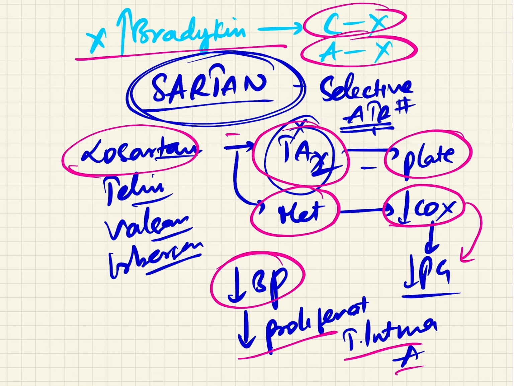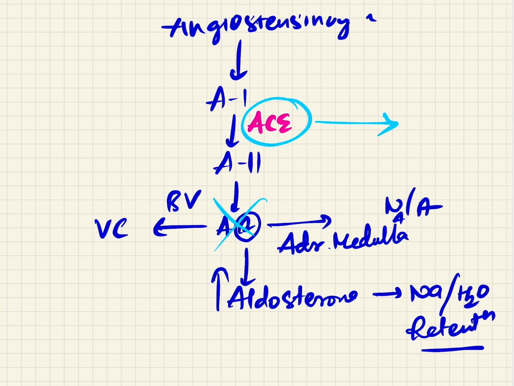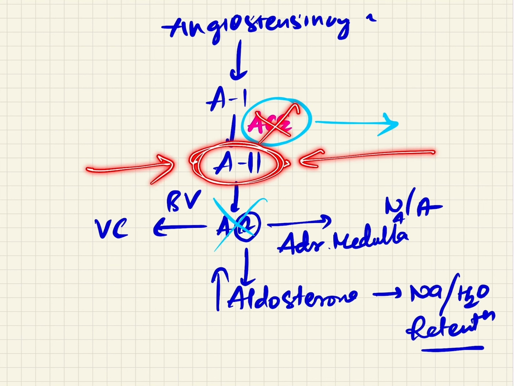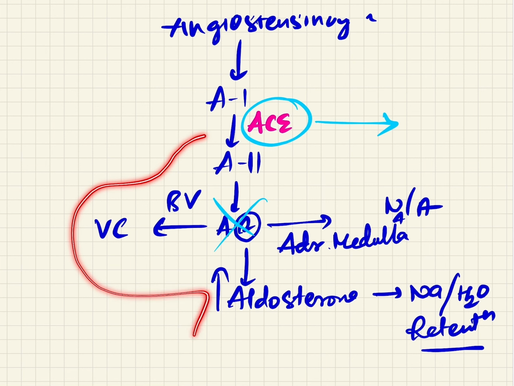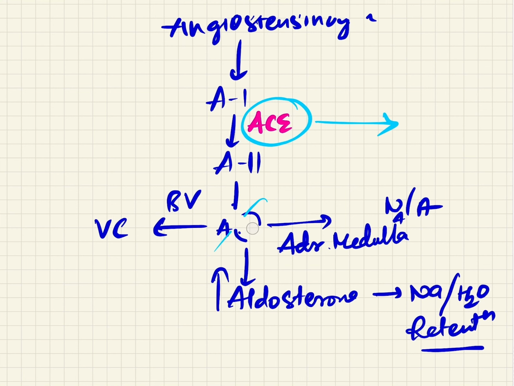One more advantage is, if we have inhibited ACE, there is no angiotensin 2 from that pathway, but there are some other ways which can also produce angiotensin 2, and these pathways may happen somewhere in the body. But when you inhibit at the receptor site, there is no chance of these actions happening again, no matter from which pathway the angiotensin 2 comes. Okay, now let us talk about the